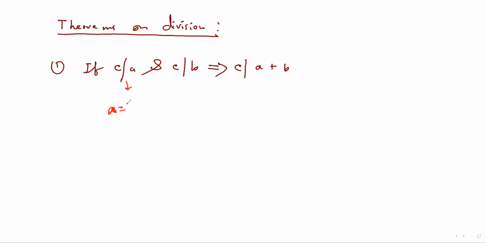So A can be something like K times C. Also, C divides B means B can be written as some L times C, where K and L are, of course, integers. Otherwise, we didn't call it divides. Okay. So then you can understand that A plus B is simply